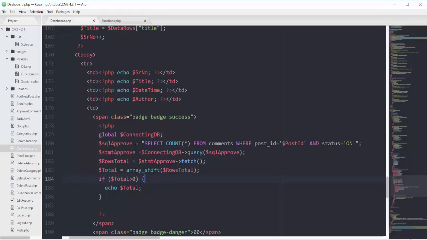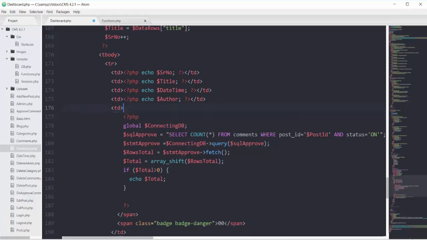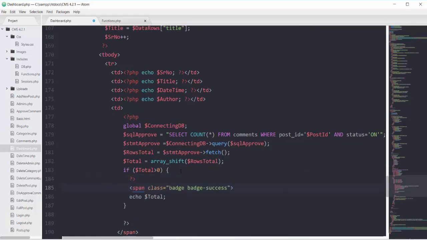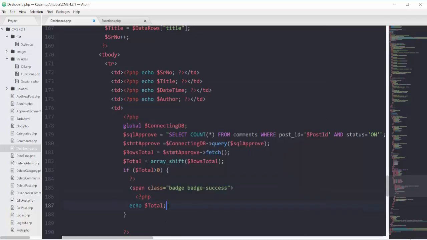So in order to make this badge not appear, I have to cut this from here, and I will put it inside this if condition. So right in this if, first of all I will close my PHP scope, then I will put my span tag, then I can start my PHP scope again. Then after echoing it, I have to close this one, and then I can put my span tag ending here.